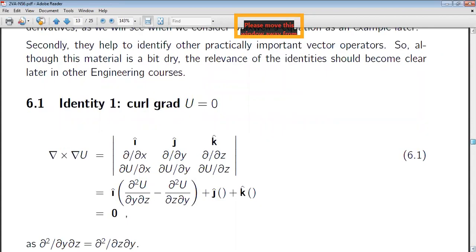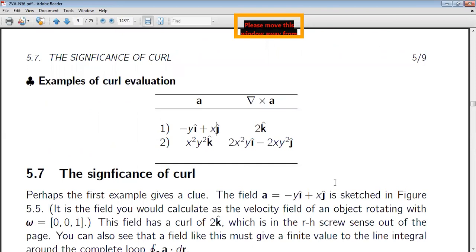Okay, these are some identities. It is written over here. These are again very important regarding your questions, because this type of proofs will come also in your exam. So curl of gradient of u is 0, you have to show. Can you show that? इसमें डायरेक्टली दिया नहीं है.